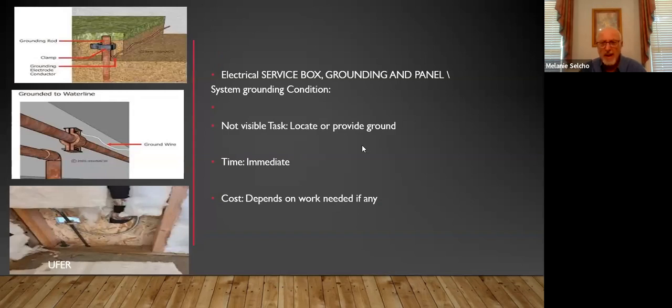Electrical box, grounding, etc. So we see the top left-hand corner here. We've got a ground rod that was pretty old school, driven 6 feet into the ground, with a clamp on there from the electrical meter, and there we go. It stepped up a little bit after that to being grounded to the water line. That was a pretty good way to do it, and easy, all the way through the 70s and 80s,